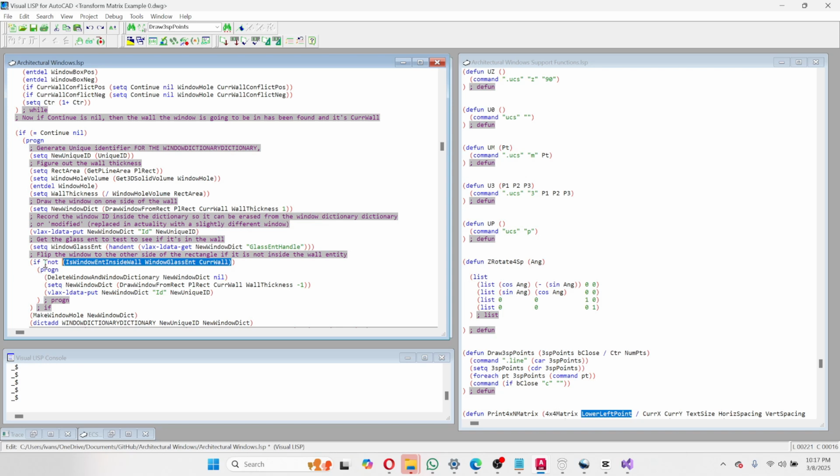But if there's not, it's not inside it. It deletes that window in the window dictionary, and it draws that window on the other side of the polyline rectangle, and then it puts that information inside the window dictionary, its ID inside the dictionary,